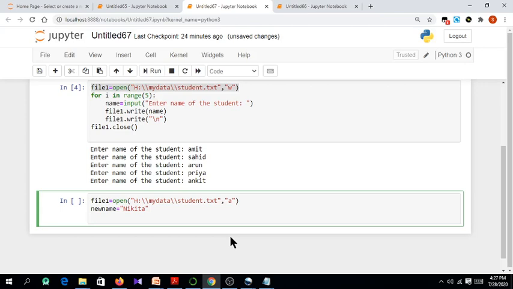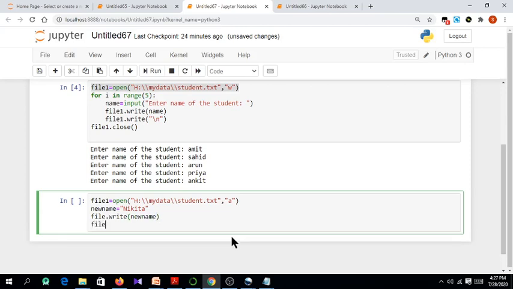For writing we have writelines. But in case of append, we will use the same write function only, and the syntax will be the same. So file.write, what I want to write, I want to write this variable new name into the file, and then finally close the file, file1.close. Okay, see, no specialized function for appending, the same write function we are using.